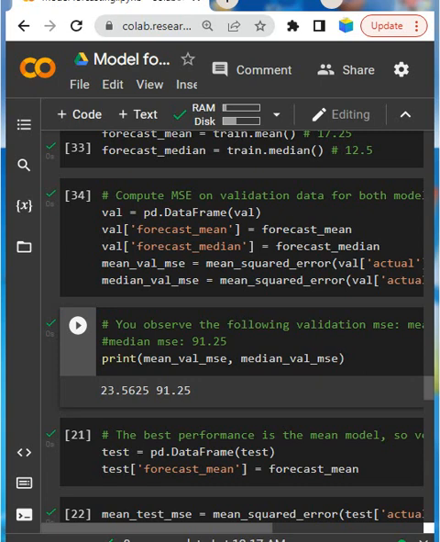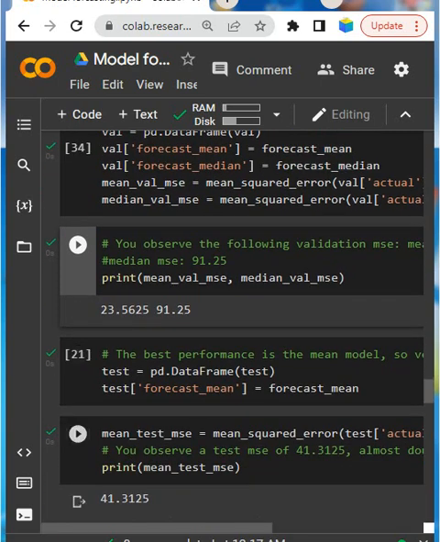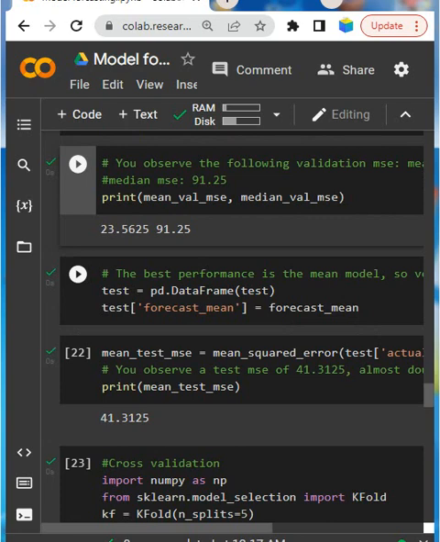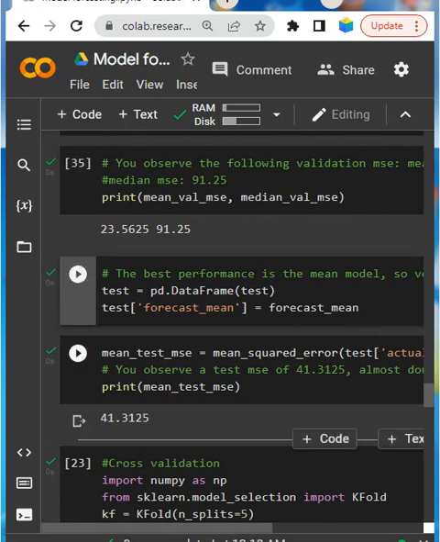Now you can use cross validation. So this one is the cross validation. Now the data frame has the test and forecast mean. The problem with train-test sets may occur when you have very little data.